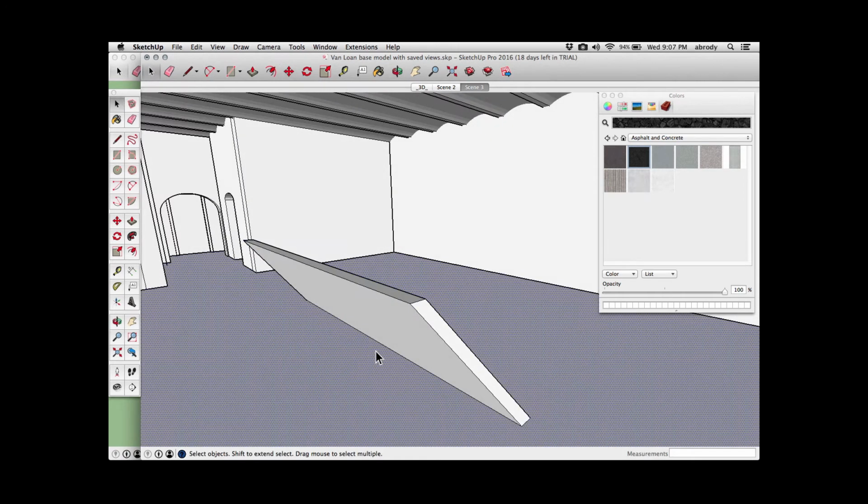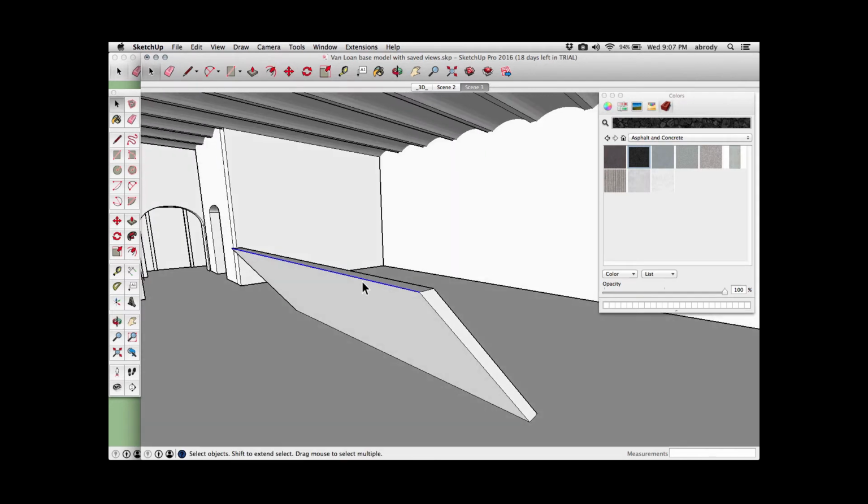You might say, that's not funky enough for me. I want to do something entirely more wacky. I can even select an individual line and move that. And watch what happens. See how it extrudes out my...